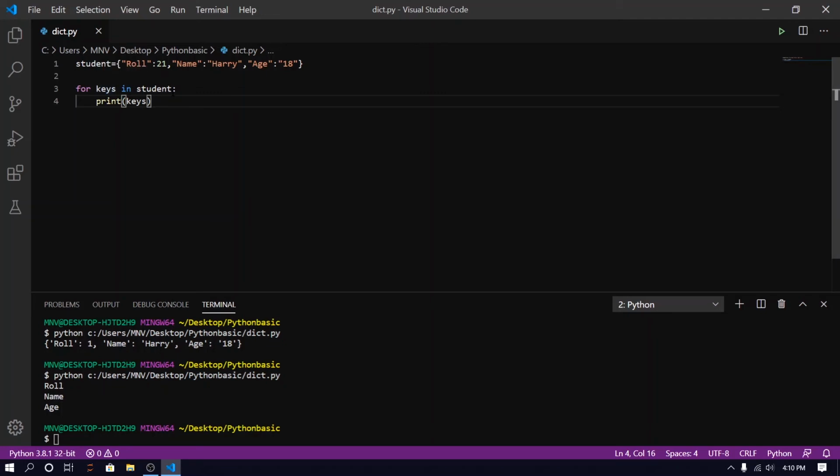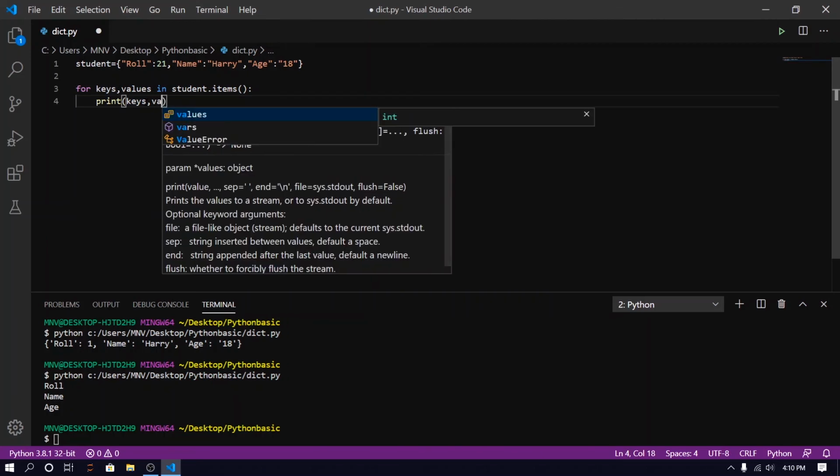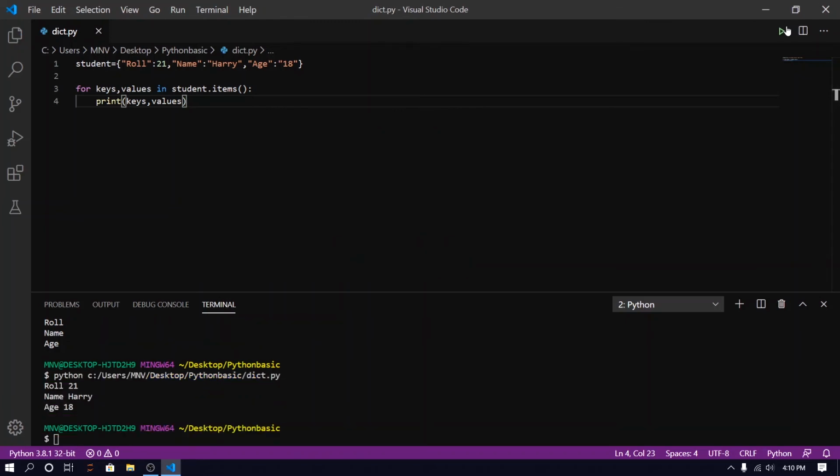We have a method that is called the items method. Here we need two variables, i and j, key and values, and when I print key and values, it will show me both. You can see that the keys are roll number, name and age, and the values are 21, Harry and 18. So guys, that's how our dictionary works.